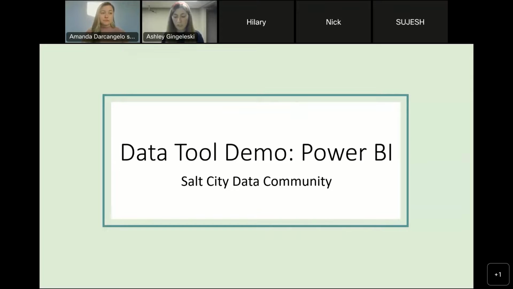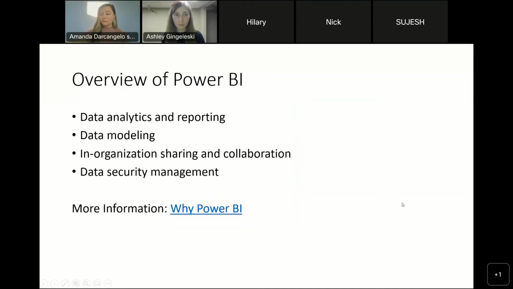I also want to preface this, I'm not a Power BI expert. For this series, we're just giving kind of a tour of some of these different tools that are out there. So for an overview of Power BI itself,